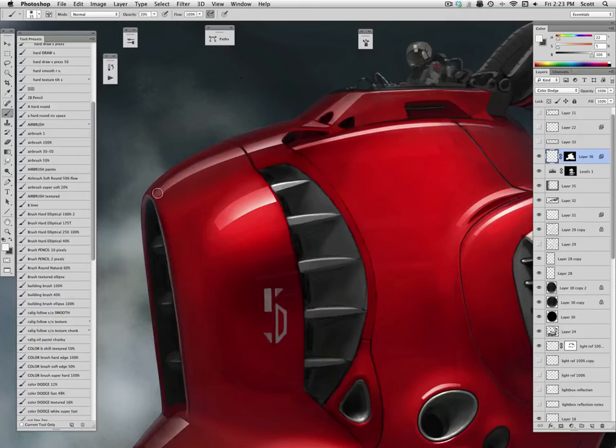So now what I can't do here is that the edge I'm color dodging is actually all on the one layer. So unfortunately, I can't keep control, because I don't have my layers organized properly, of my reflection of the light box independent of the metallic paint. So I'm going to be brightening both of them at the same time. So I'm kind of painting a little bit outside the reflection of the light box, because I don't really want to make my clear coat that much stronger. So I'm kind of going just outside it to push the metallic feel